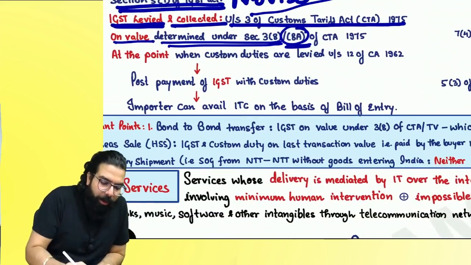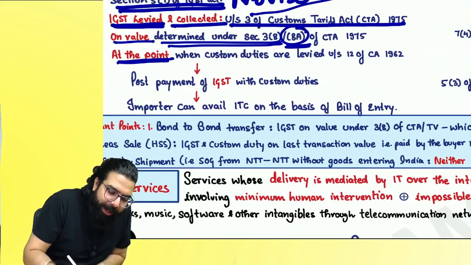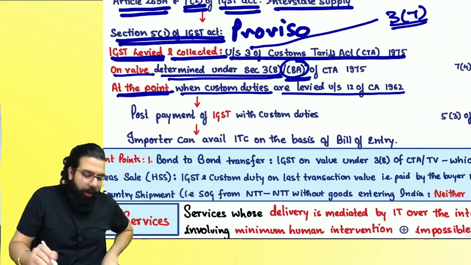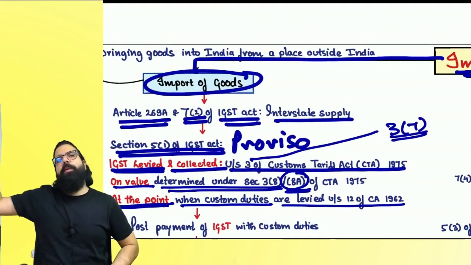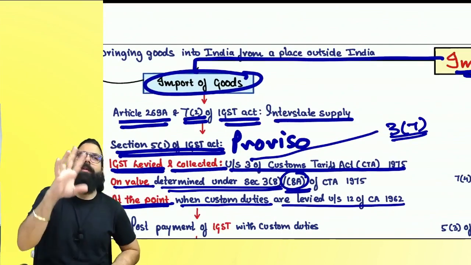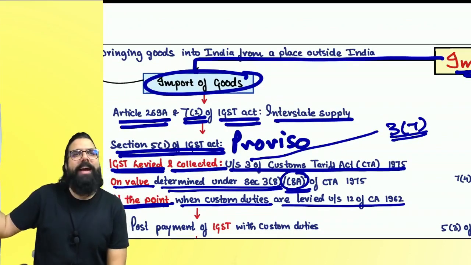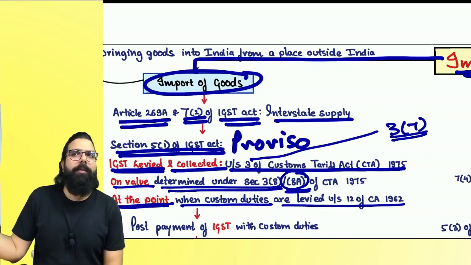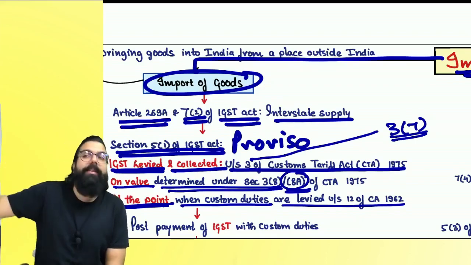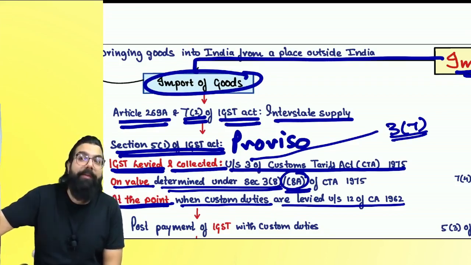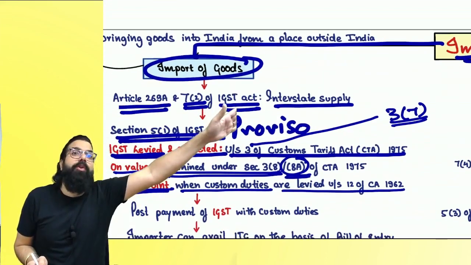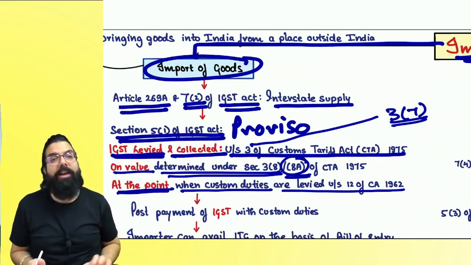Everyone over here now. Next, when is it paid? It is paid when all the custom duties are levied. Importation of goods means bringing goods from outside India into India. Importation of goods is interstate supply as per the Customs Act and also as per the GST Act. When you read Section 7(2) and Article 269, it says importation of goods is interstate supply. IGST will come, but this IGST will be levied and collected under the Customs Act. Can I go ahead, everyone? When you pay other custom duties, you pay IGST also. Do you recall, everyone?